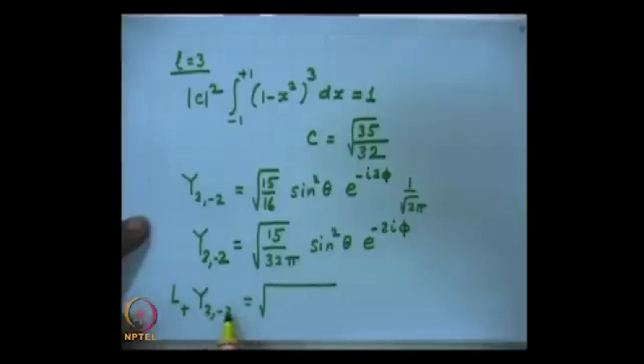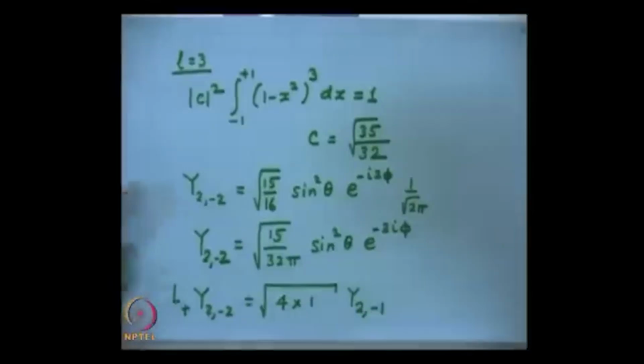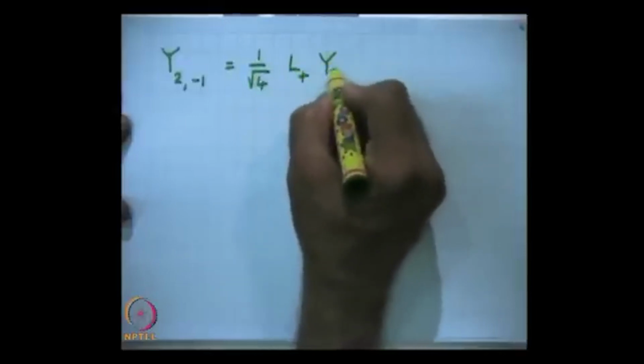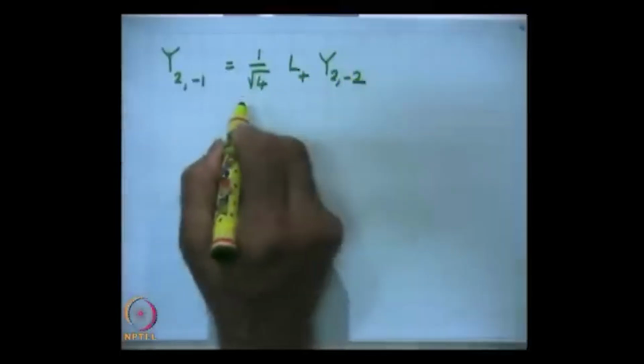j minus m, that is 2 minus 2 minus 2. So, that is 4 into j plus m plus 1, that is 1, and this will be Y 2 minus 1, and this will allow me to calculate Y 2 minus 1. So, Y 2 minus 1 will be 1 over under root of 4 L plus Y 2 minus 2, and